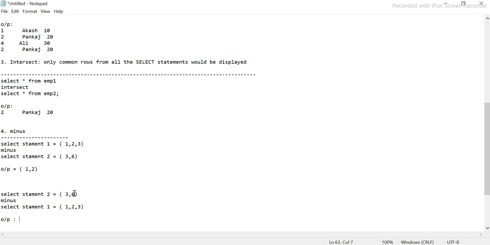I have 3 and 6, and from this I have to subtract whatever is there in the other statement. Here is 3, here is also 3, so this will be subtracted. 6 is here, and do we have 6 there? No, we don't. So only 6 will remain. This is how we basically do the minus operation.